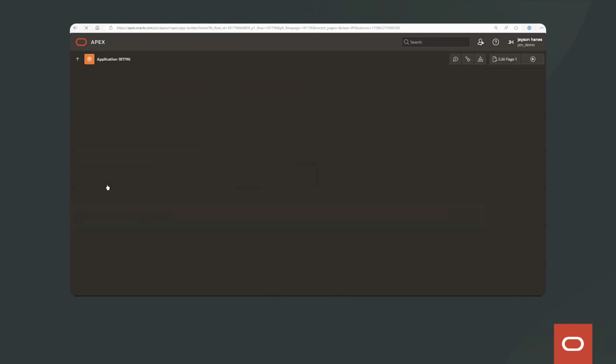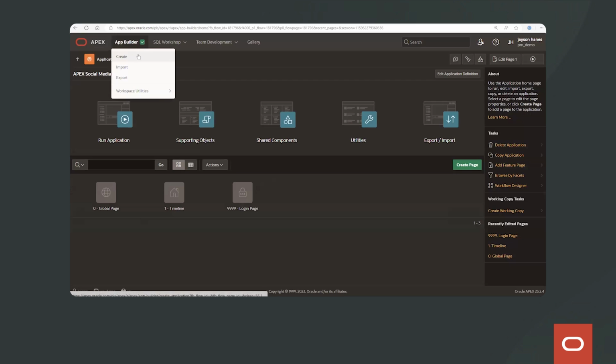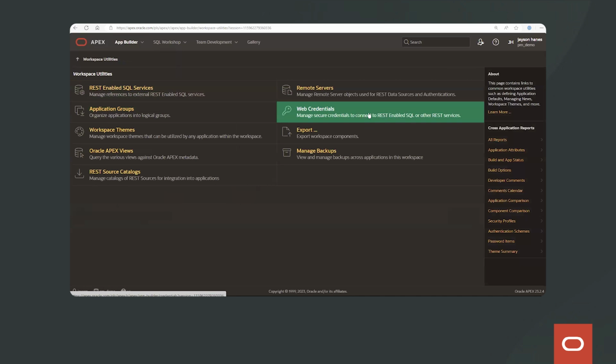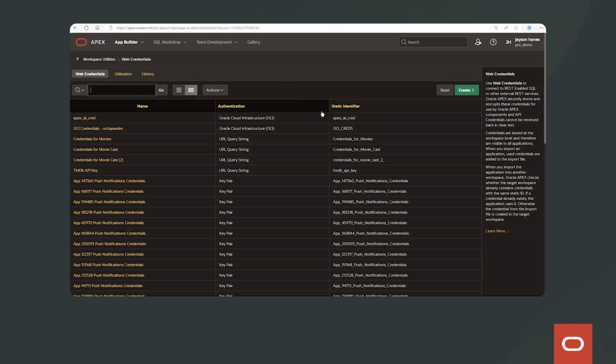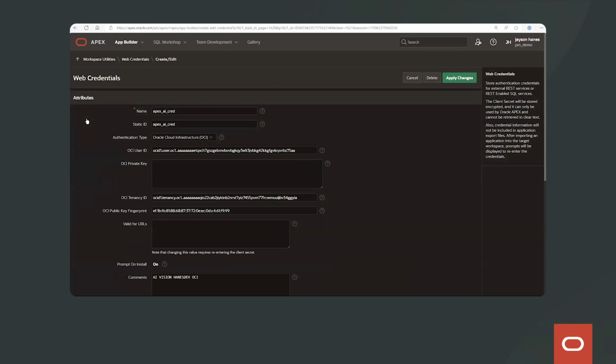we would do is navigate into App Builder, Workspace Utilities, and you'll see here is where Web Credentials is. So this is a workspace-based feature. The hands-on lab will then walk you through creating these AI credentials. I have a bunch of other credentials in my list, so it's going to look different than yours, but this is where you can see some of that Oracle Cloud API information reused. And the private key is that information that is part of the process of requesting the API key. Once that's all configured, this becomes something we can select in defining our REST data sources, which is what we're